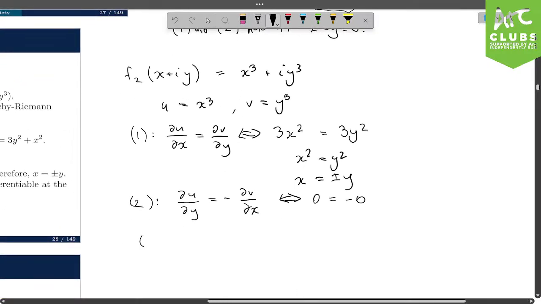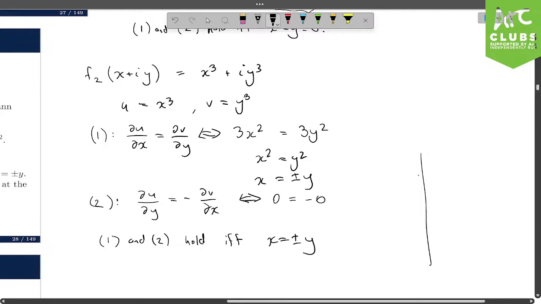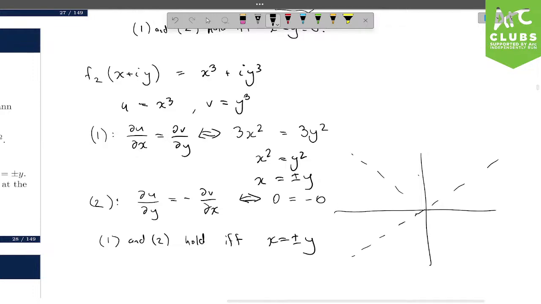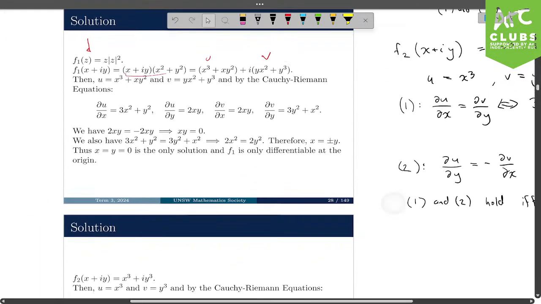So 1 and 2 hold if and only if x equals plus or minus y, right? And on the complex plane, that'll be all the points along these diagonals, right? So along these diagonals, our function f2 will be complex differentiable. And our last